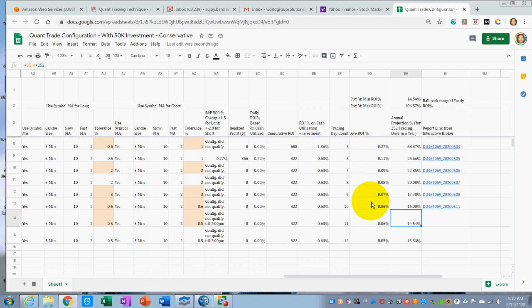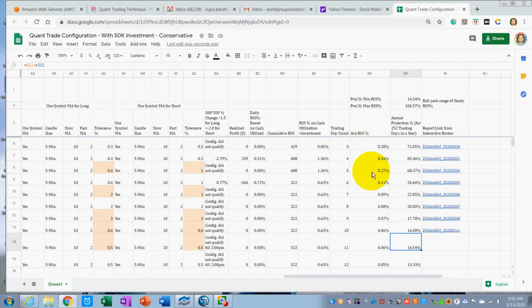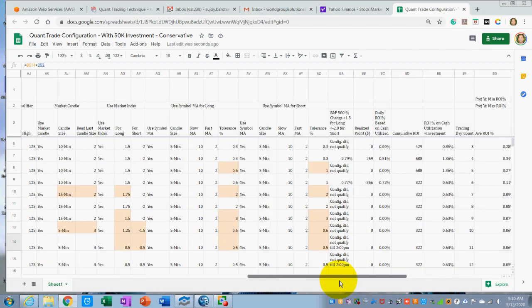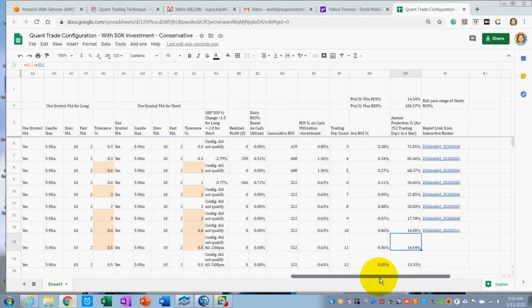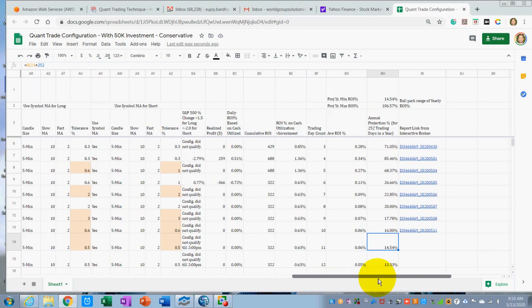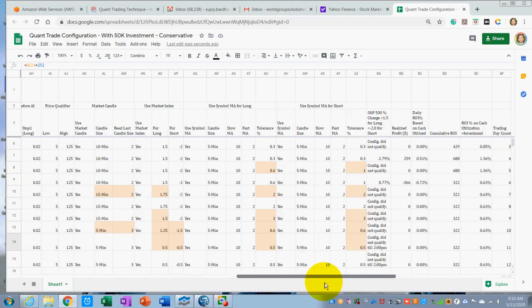Of course, as we are not trading, you will notice that the daily average ROI is reducing because we were not able to trade, but this is giving you the annualized numbers. So the goal is, of course, purely based on quantitative techniques, so emotions don't play a role. The challenge here is to make sure that we get the right sweet spot with the configurations and see how it moves. We have made some major changes today, and as the market starts in the next 20 minutes, we will see if it qualifies that.